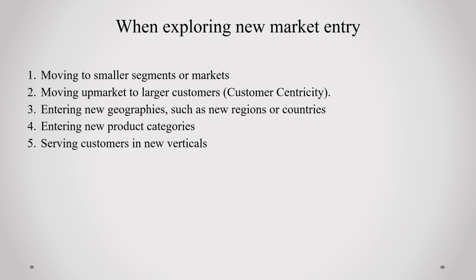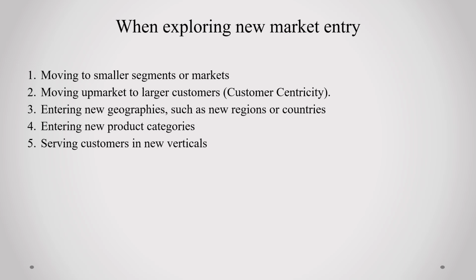So when we might be exploring new market entries, perhaps moving into a smaller segment or market for a product. We've had success for a product on the west side of town. Maybe we need to look at moving over to the east side of town, or maybe we've had success here in Las Vegas. We need to figure out whether or not we can be successful in one of the small communities like Reno or Sparks or Ely or Boulder City or Mesquite. We might be moving to a different type of customer group, maybe moving up market to bigger customers, more affluent